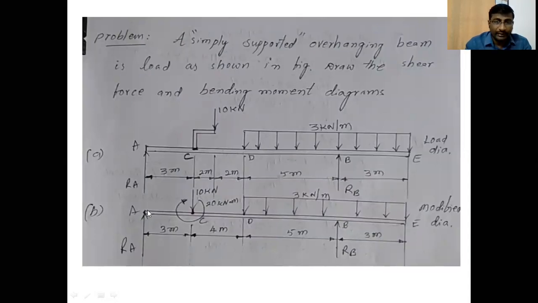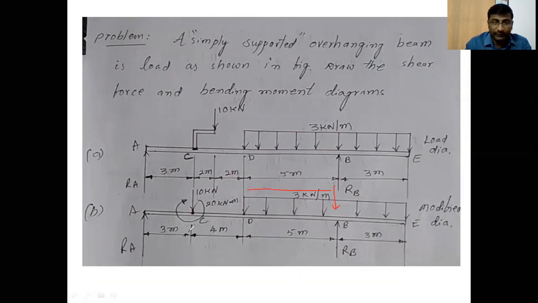Finally, bending moment at point A is zero. How do we get the bending moment at point A? Total forces on the right side: RB into the total distance, 12 meters. RB into 12 meters, minus 3 into 8, which is 24 into 7, plus 4, which is acting at the center. It is 4 meters. 4 plus 4, 8 plus 3, 11, so 24 into 9 meters. So 9, 12. 24 into 12 meters. Next 10 into 3 and also minus 20.